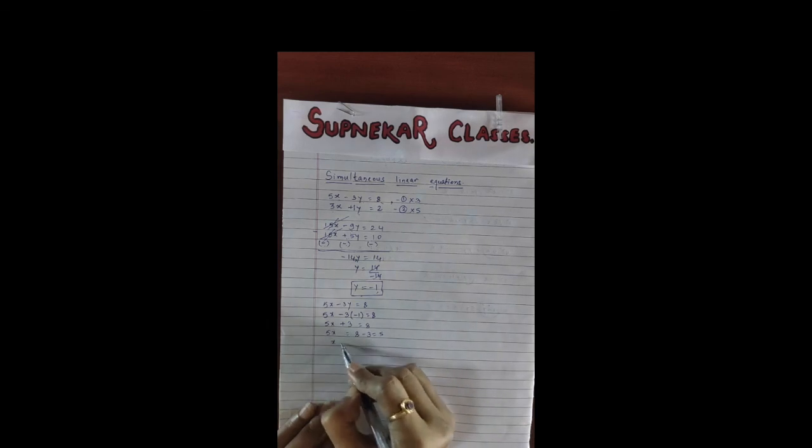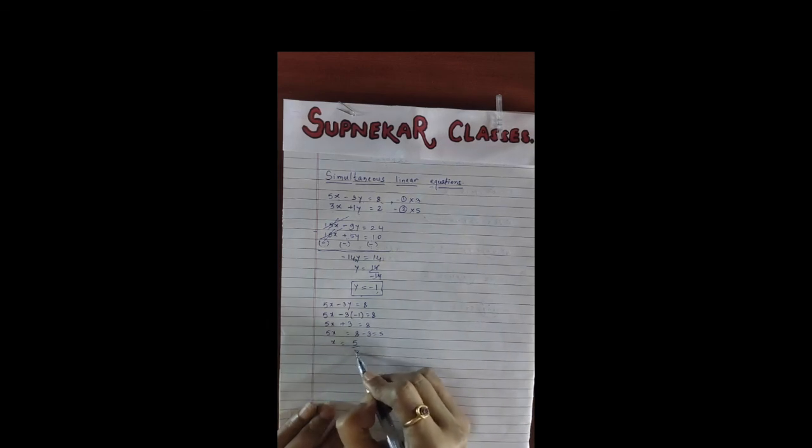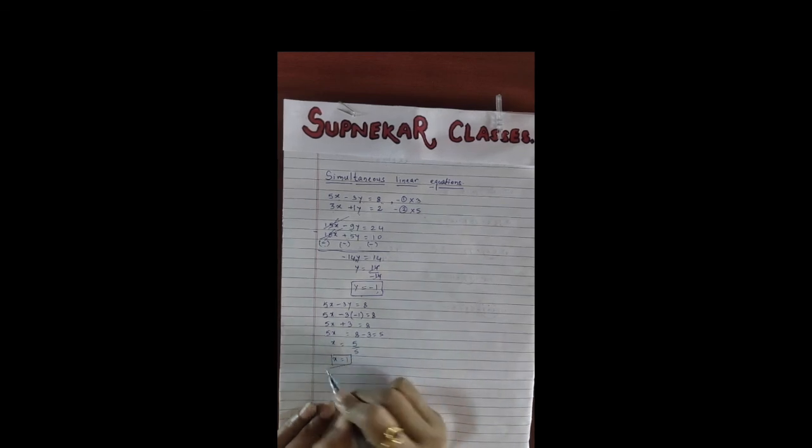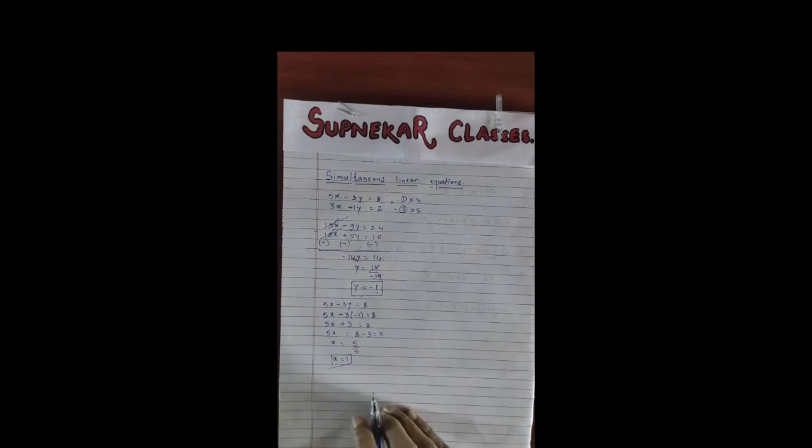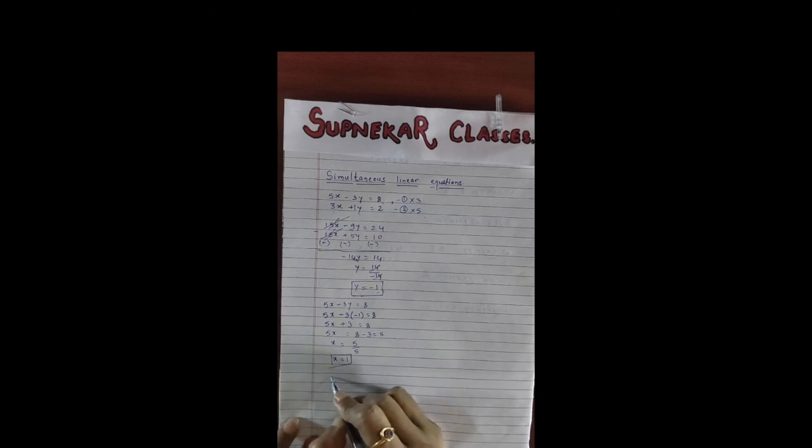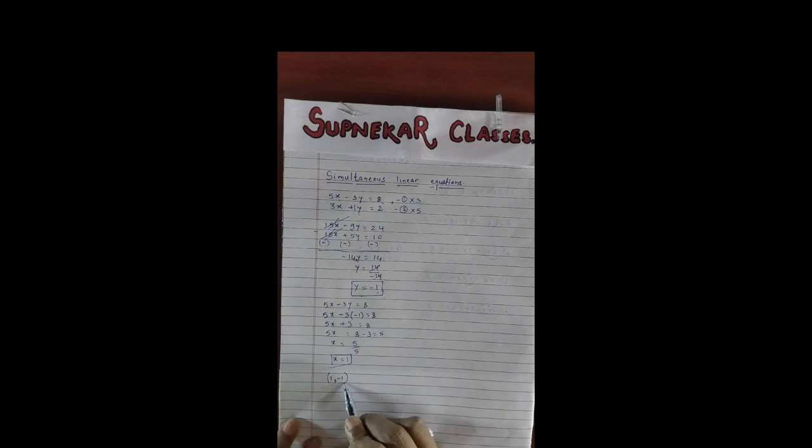What will be the value of x? It will be 5 upon 5. So x will be equal to 1. Now here you have got both the values, but always remember you have to write down the value of x first and then only write down the value of y. So here the solution set will be 1, you have to put a comma and then the value of y, minus 1, and you have to put brackets over there. Okay, so this will be the value of x, this will be the value of y. Okay, have you understood all of you? Is it okay? Thanks a lot.